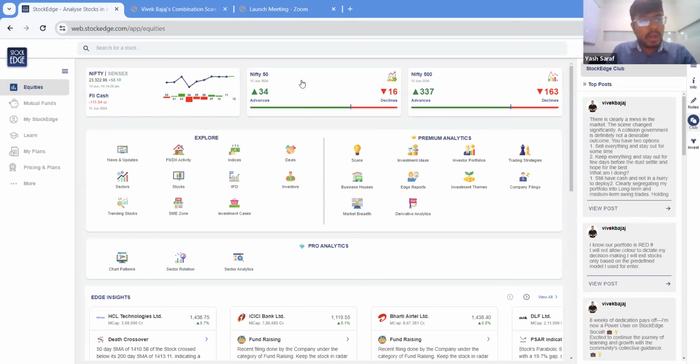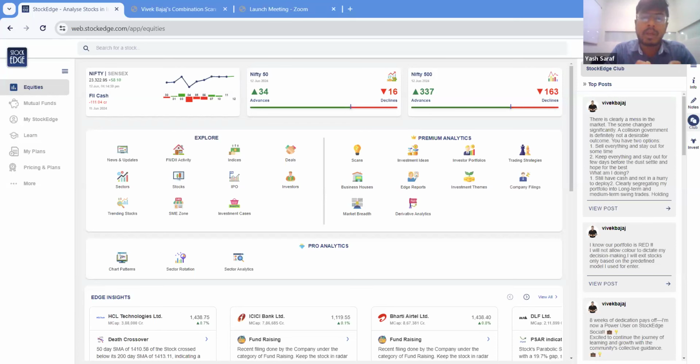So I'm Yash Saraf from the StockEdge data team, and today I will be conducting your smart session on StockEdge scans. In today's session we'll be covering three sections. The first section will be about StockEdge scans. I will tell you how to use StockEdge scans, what StockEdge scans are, and how we can get an edge using them, and then we'll have a small Q&A session, and then we'll move to My Combination Scans,